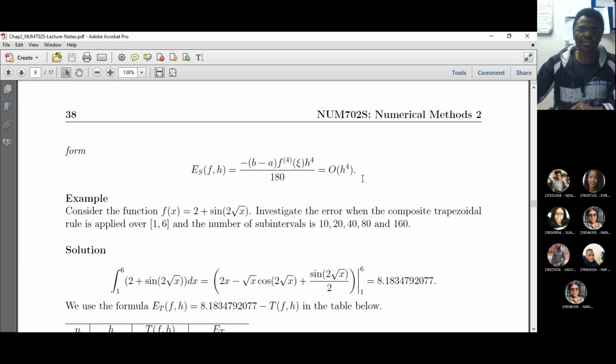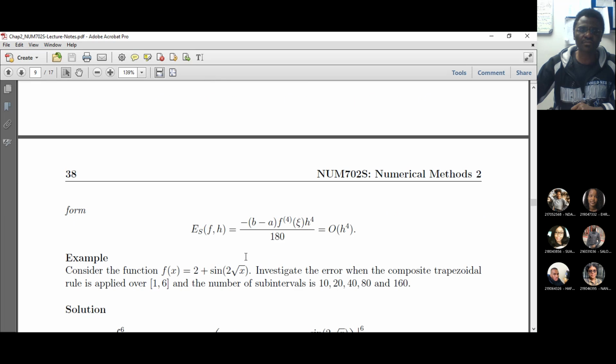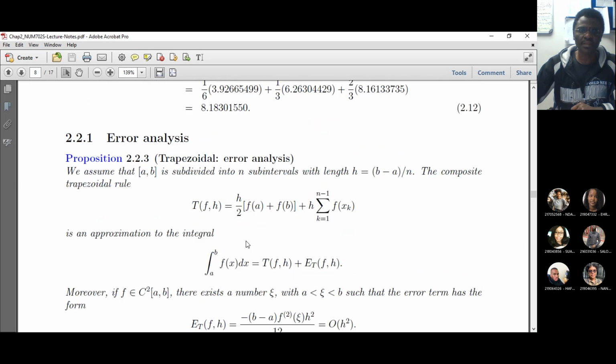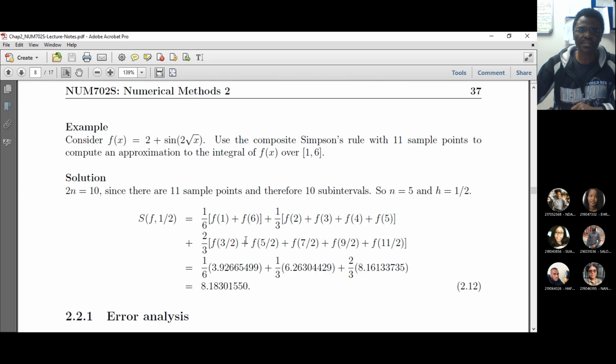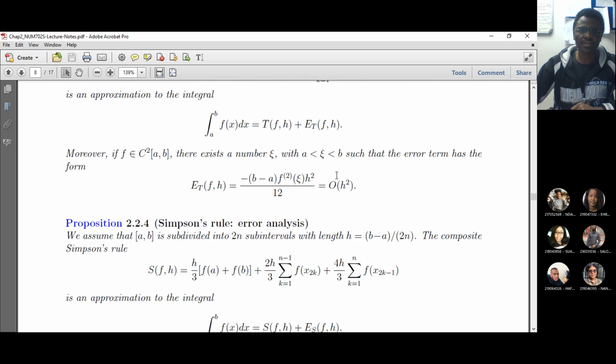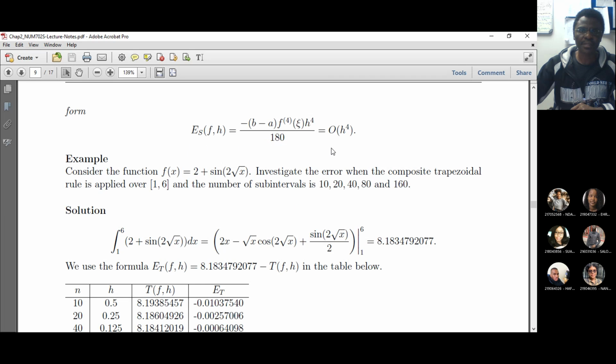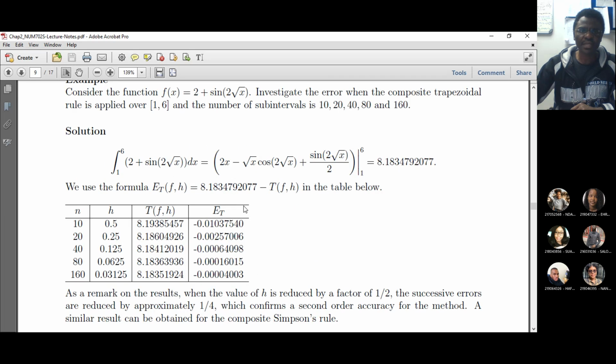You can see that this error term is fourth order for the Simpson rule, and for the trapezoidal rule it is second order. As you can see here, second order for the trapezoidal rule, and fourth order for the Simpson rule. And after that, we